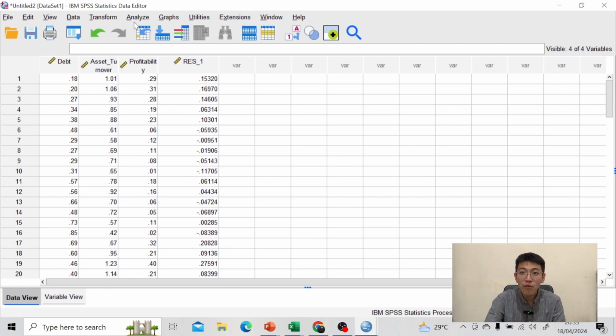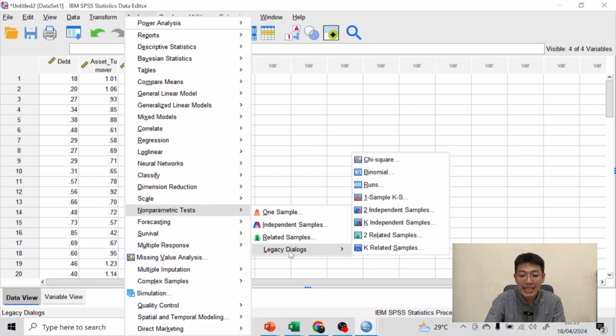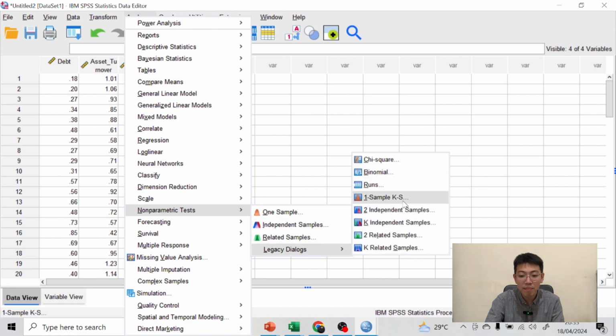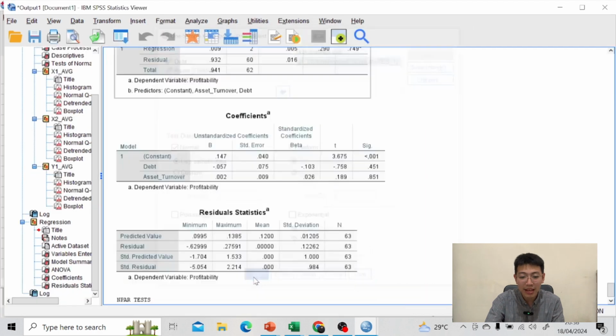Now we will do the easier Kolmogorov-Smirnov test. Analyze, nonparametric tests, legacy dialogs, and one-sample KS. One more time: analyze, nonparametric tests, legacy dialogs, and one-sample KS. Click it, and then move the unstandardized residual to the right into the test variable list, then okay.